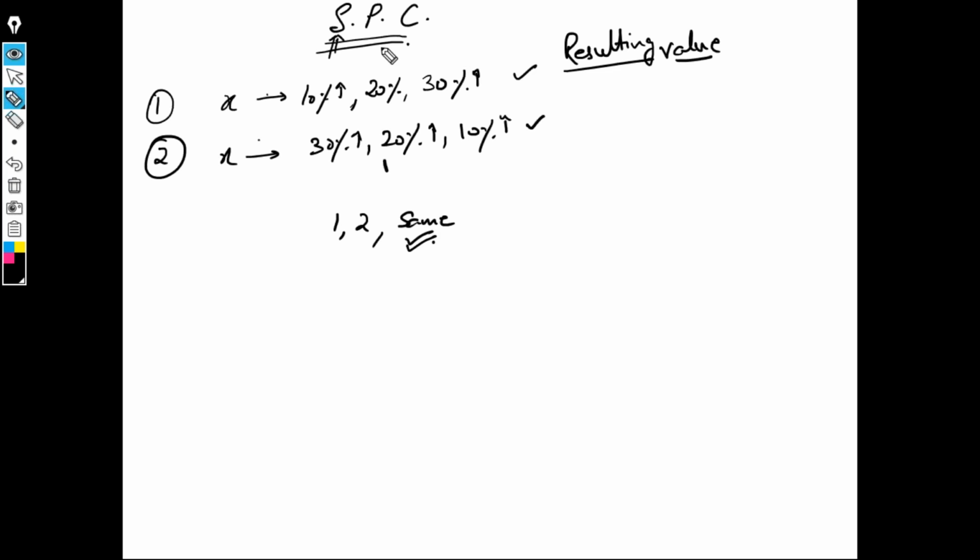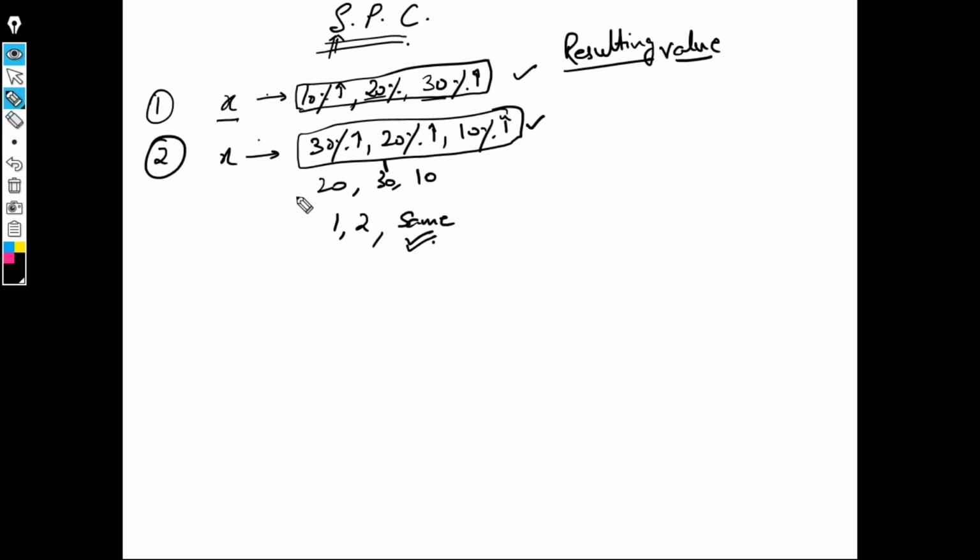Please always keep in mind that when you are increasing a value by some percentages successively, your order does not matter. Whether you do it by 10, 20, 30 or 30, 20, 10, or you go with 20, 30, 10, you go with any order, your resulting value is always the same. The reason behind the same is